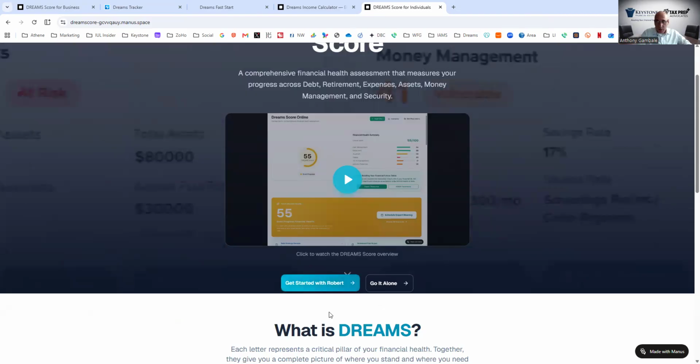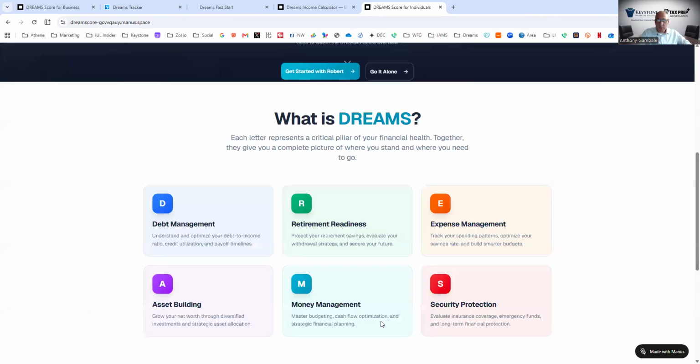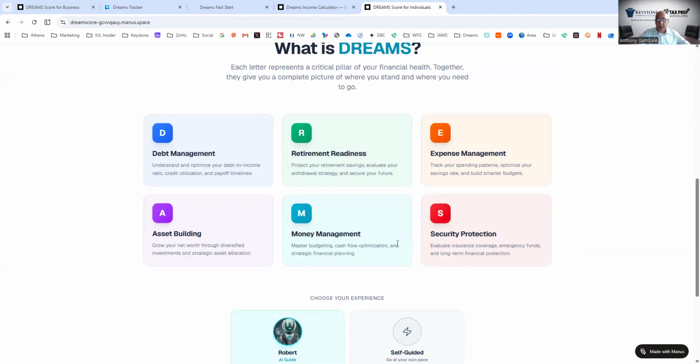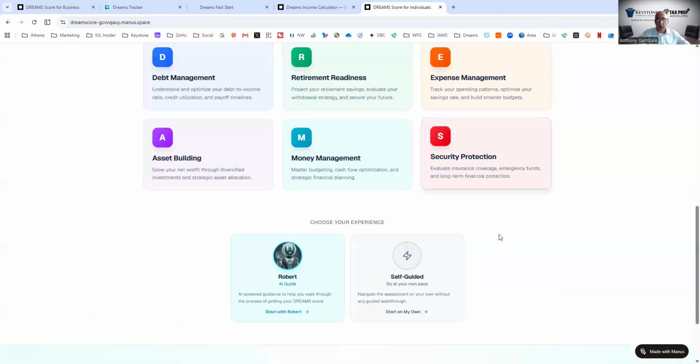I'm not going to do it with Robert because we don't need Robert's conversation in our ear as we're going through. As you can see, the same acronym, right? We all have debt. We all want to retire. We have expenses that we deal with within our life, right? We're all building assets. We have money management, and there is also security. Okay, so let's go